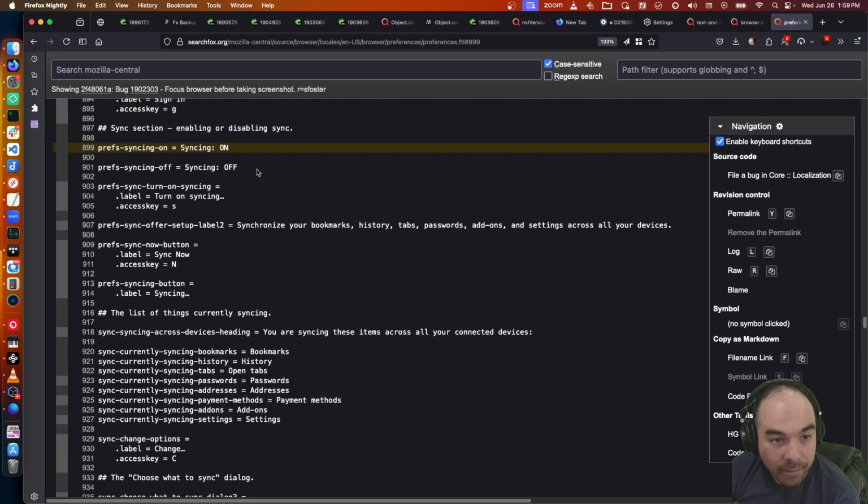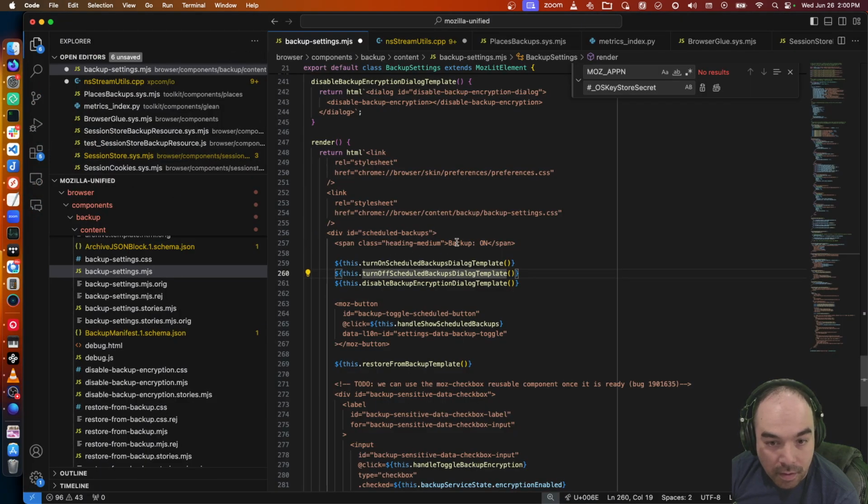Right, okay. We're going to do the same thing. Data, or I have to call this ID equals backup schedule backup toggle schedule button. Scheduled backups enabled is the ID, and